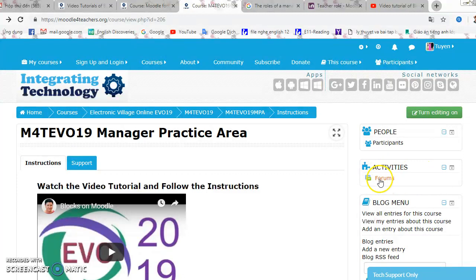Continue, you can see activity forum. Here has two icons. You can see here hide activities block. It means if you don't want to see the activity, you can click on this. And another icon is dock activity. If you click on this, you can move